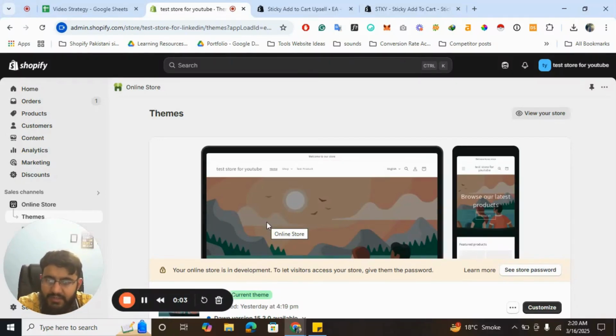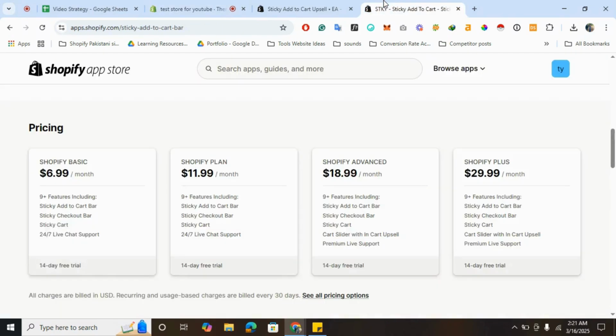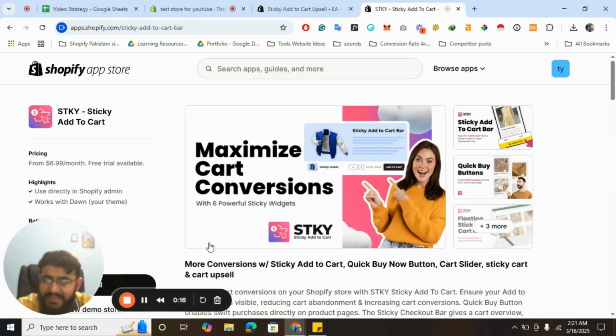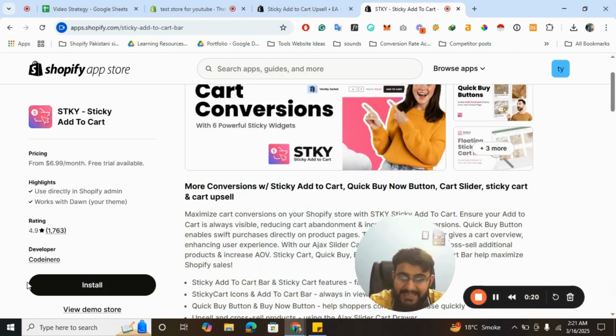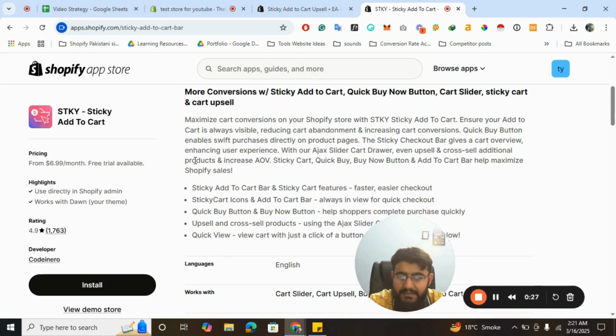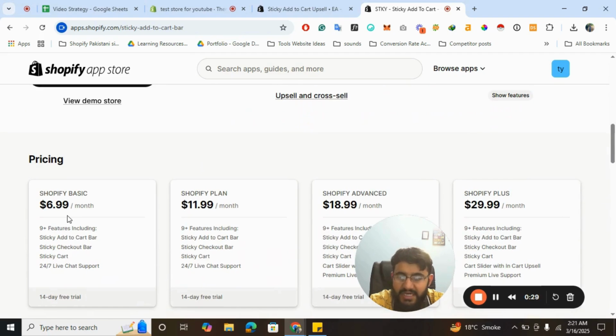So in this tutorial, I will explain how you can add a sticky add to cart button to a Shopify product page. For this, I will demonstrate two apps. One app is the most common, and that is STKY, Sticky Add to Cart. This is one of the most famous apps, and it has like 1800 reviews. And obviously the number of installs would be much greater than the review number, and it starts at $7